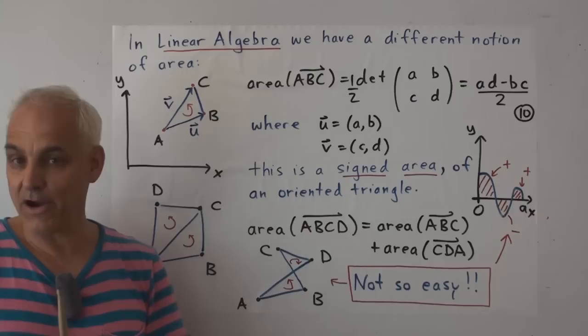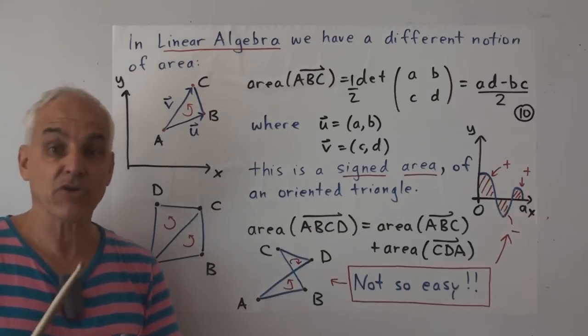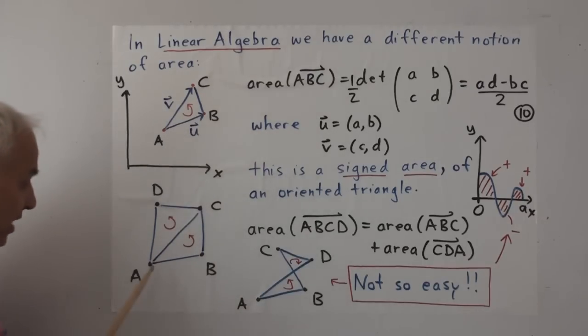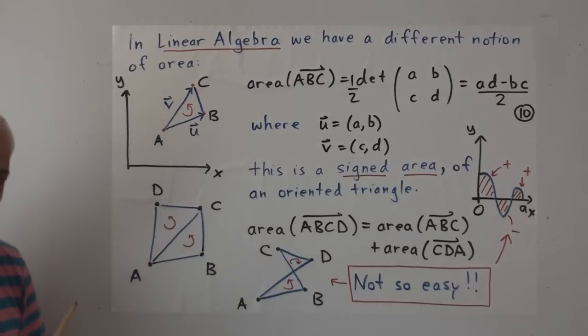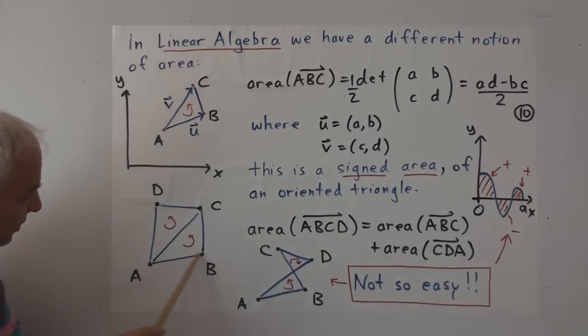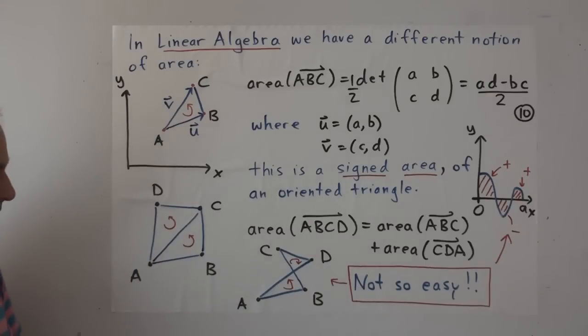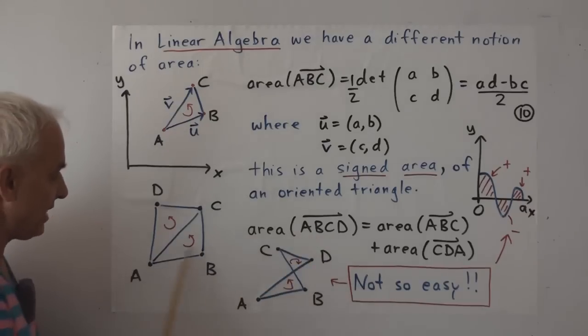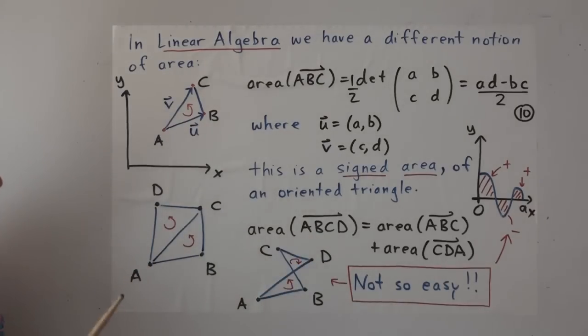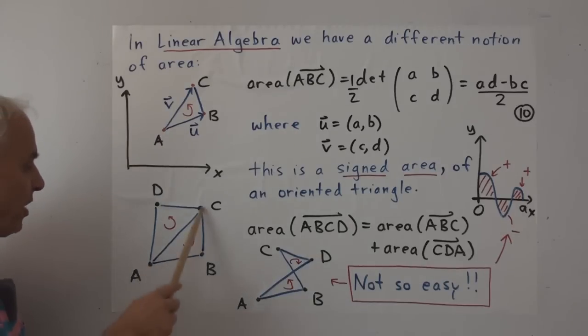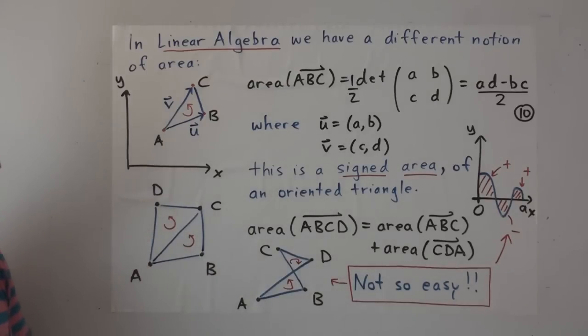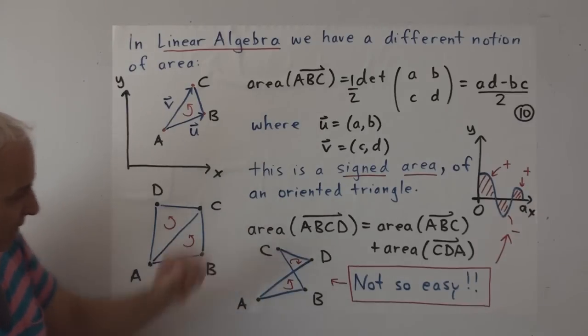All right, so we can then use this theory of signed areas of oriented triangles to build up a theory of areas or signed areas for more general polygons. For example, if you have a polygon ABCD, a quadrilateral, then we can think, say, of an orientation where this triangle is oriented that way and this triangle is also oriented that way. And then the area of ABCD, this oriented quadrilateral, could be defined as the area of the oriented triangle ABC plus the area of the oriented triangle ACD.